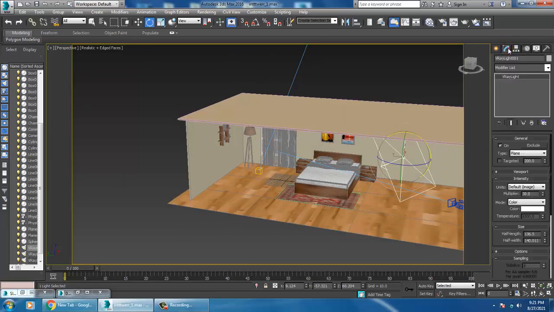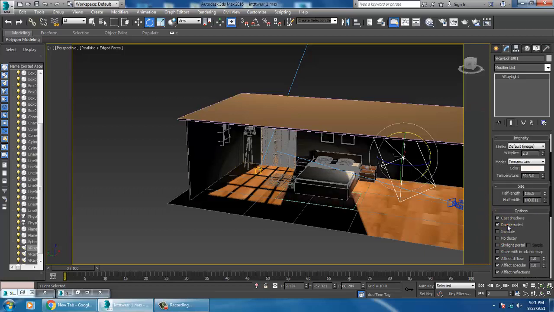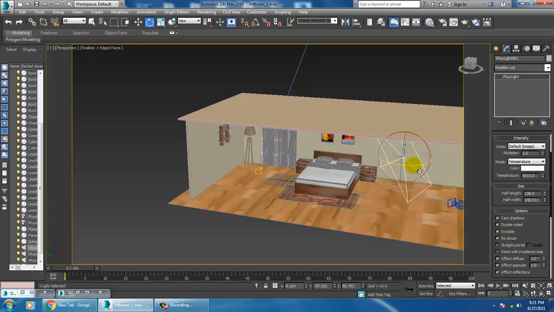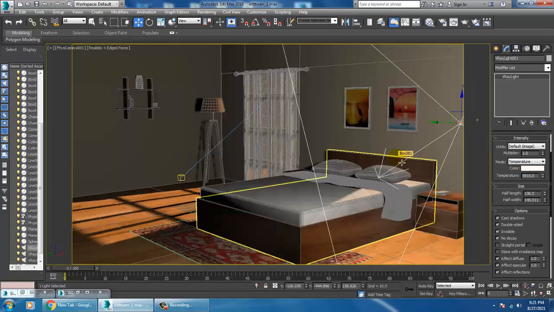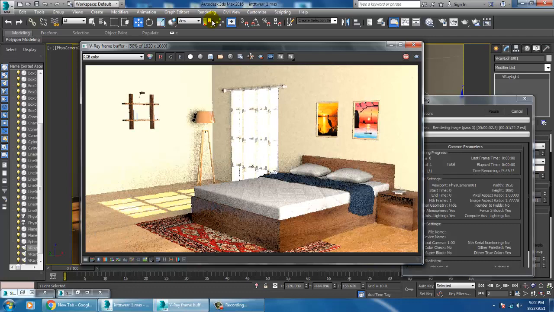Select this, and let's set it to the temperature over here. I'll set it to the light temperature and increase the multiplier, double-sided, invisible, no decay. Definitely we'll need to reduce the intensity of light. Let's try to render and see how it looks like. Okay, the intensity of light is very high right now. So there are a lot of things we are going to work on over here.